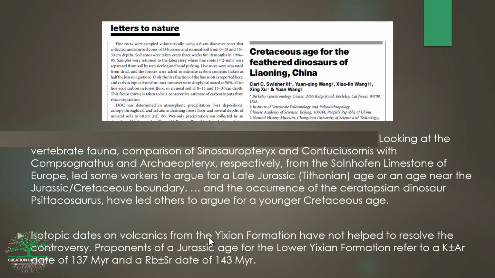So these guys were really kind of fighting it out back in the mid to late 90s. Now what this paper basically said was, look, potassium-argon dates and rubidium-strontium dates, they're not going to work because of some mineralogical issue. I didn't understand what they were talking about, but this is what they were saying. So that kind of dating is not going to work. We need to use argon to argon dating. That's what we did, and we came up with a date of 125 million years, and so that's the date that we should be actually using.